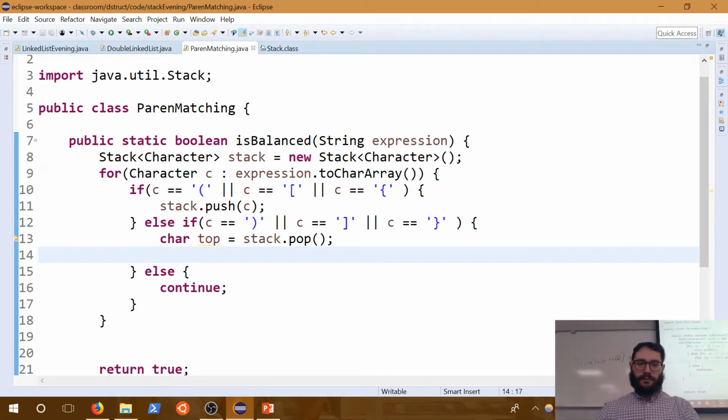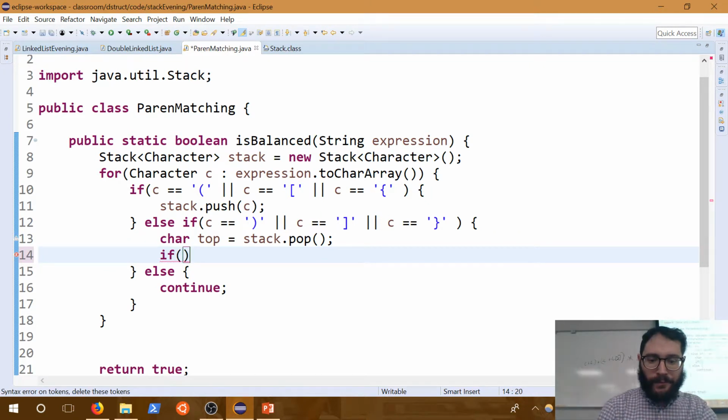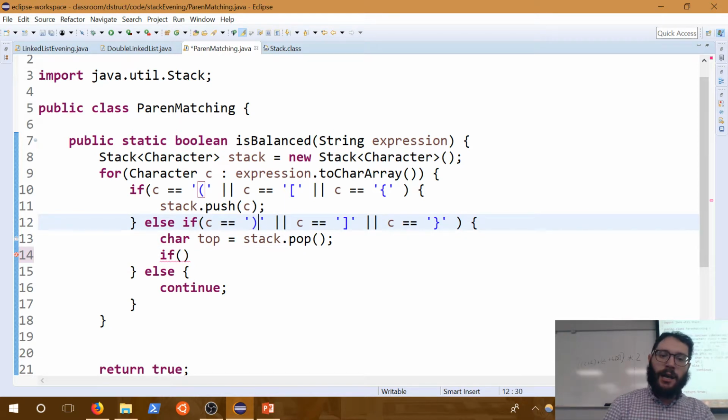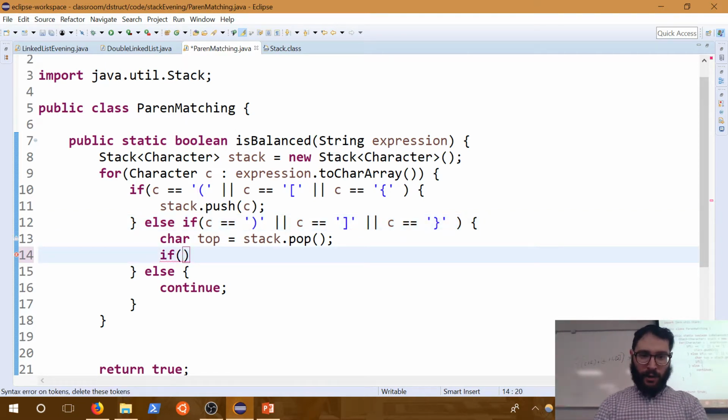And now, if top, so basically we need to check a couple conditions. The first: if the top character is a close parenthesis, then we need an open parenthesis. So if C is a top, sorry, so if C is equal to